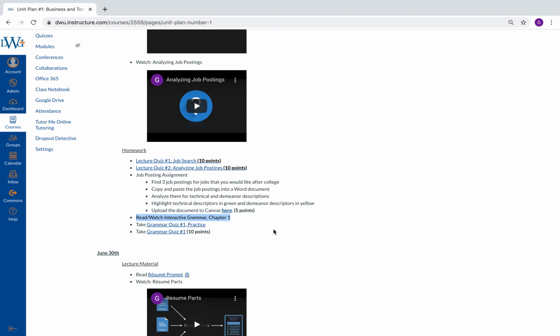Okay, so this gives you information about the format of what the quiz will look like, as well as practice with the concept. Once you finish this practice quiz, then you can go through and there are answers to the practice quiz that you can review, as well as explanations for why what answer is correct. Once you have finished all of that, if you feel as if you are ready to take the grammar quiz, you can click on the grammar quiz number 1, and then you can take the grammar quiz that is actually